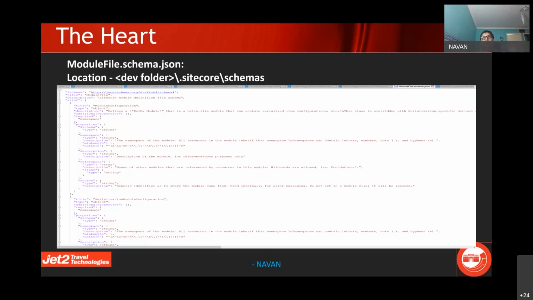If you think of Unicorn, it is all XML based, but here everything is JSON based. I think there's a very good blog by Rohan on Unicorn where you can see the foundation layer structure, feature structure, and all that.